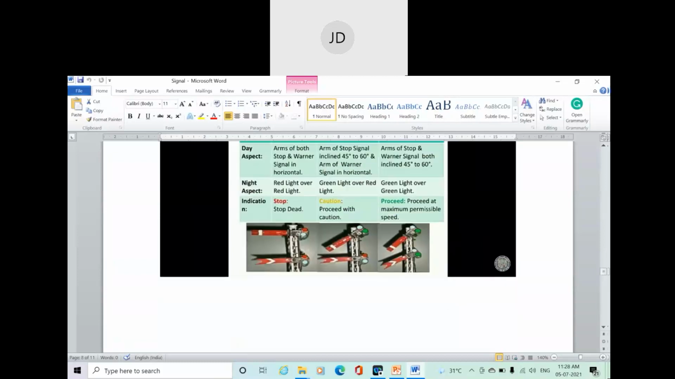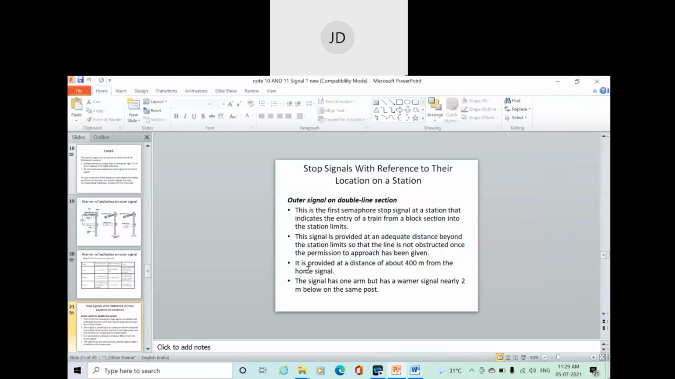So whenever you see a Warner signal along with the stop signal, that means this particular signal is actually your first stop signal or last stop signal. Whenever a Warner signal is along with the stop signal, you have to understand it must be a first stop signal or last stop signal, because a Warner signal is only installed along with the first stop signal or last stop signal. Fine. These things I have to clear first. So let's go back to today's class. So in today's class we're going to discuss